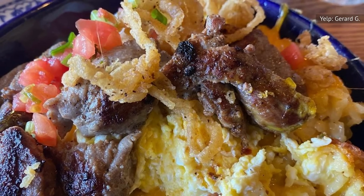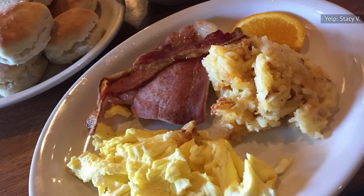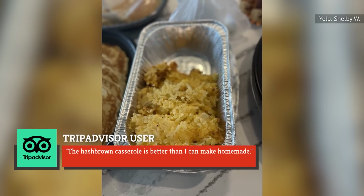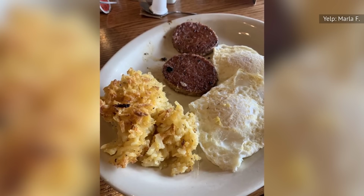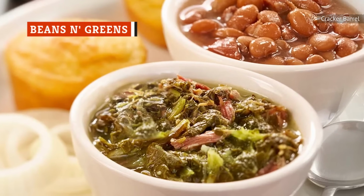While many Southern families have recipes for Hashbrown Casserole, the one at Cracker Barrel is something different. One customer on TripAdvisor claimed, "The Hashbrown Casserole is better than I can make homemade. Unfortunately, they may not be exactly as good as you remember, thanks to a change from frozen hash browns to mealy, rehydrated ones." Beans and greens is a unique dish because it can also be ordered separately as a bowl